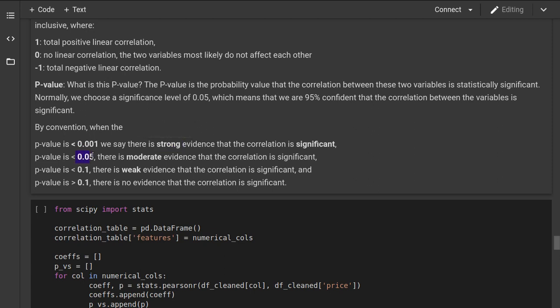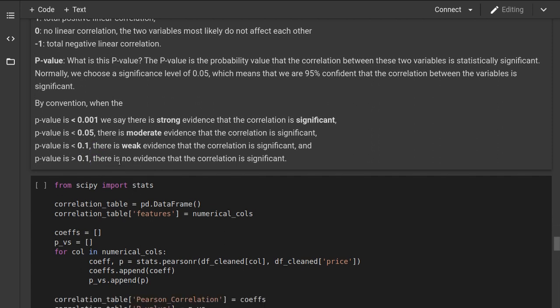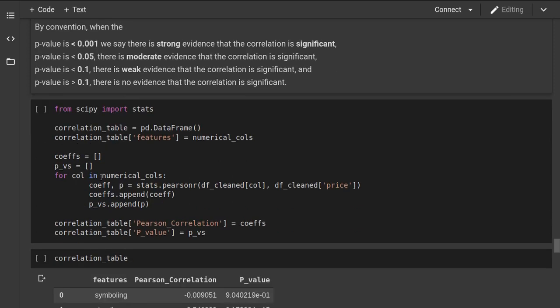If it is 0.05, then there is a moderate chance. If it is less than 0.1, then there is weak evidence. And if it is greater than 0.1, then probably there is no correlation.